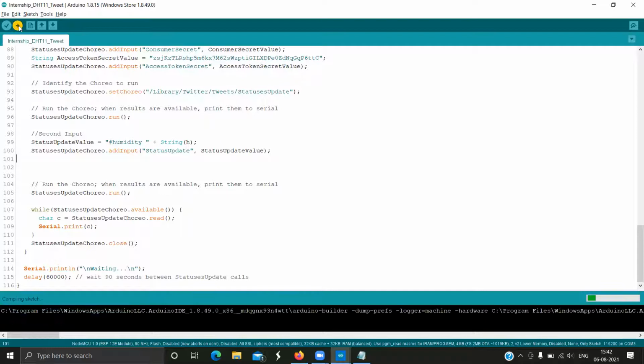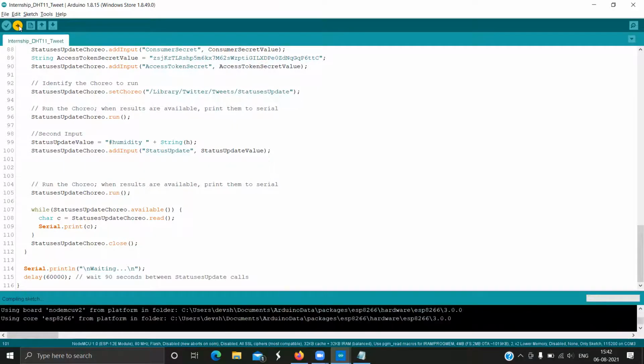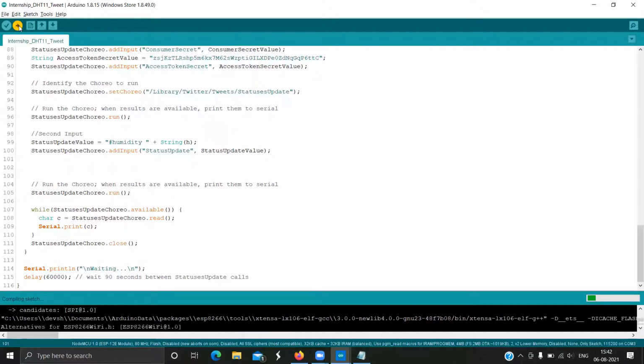So I'll quickly upload the code onto my Node MCU. I have a hair dryer with me to get different temperature values, because I'm sitting in a room and my temperature and humidity will not fluctuate a lot. But with the hair dryer, I can simulate some readings to present this demo.